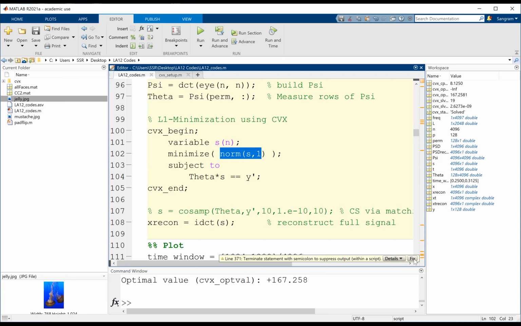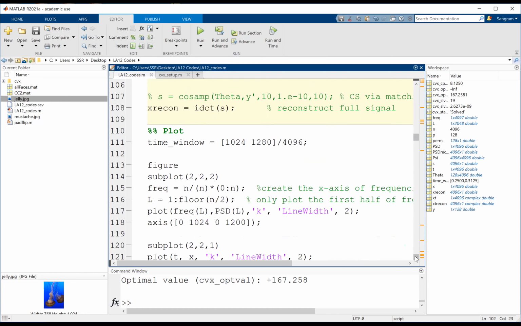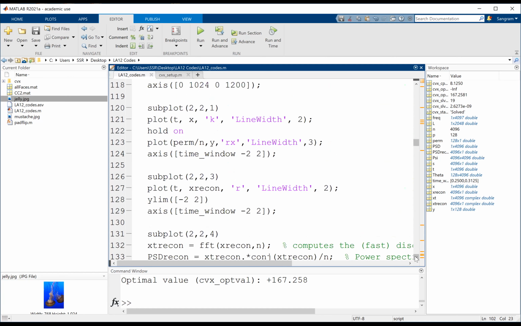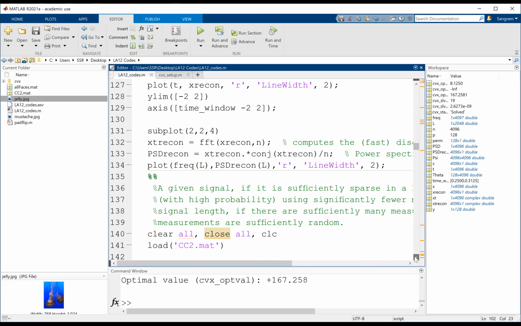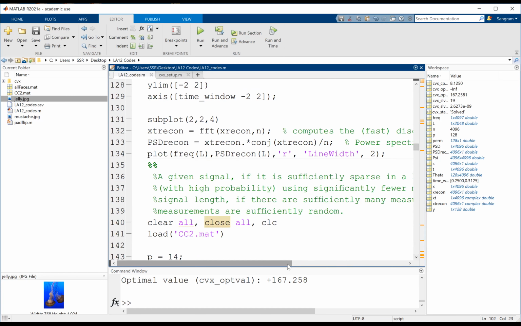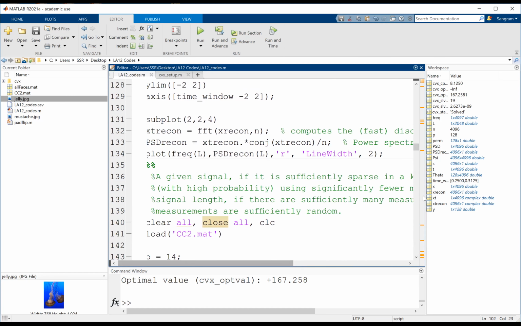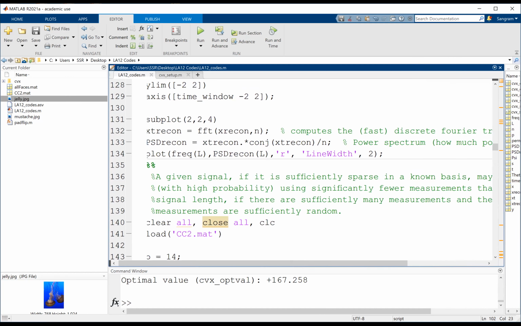I'll spend some more time on this. This is the crux of compressed sensing, and that's why I wrote it here explicitly.